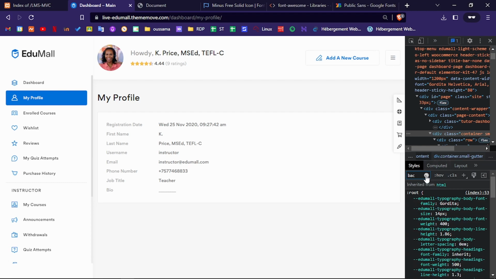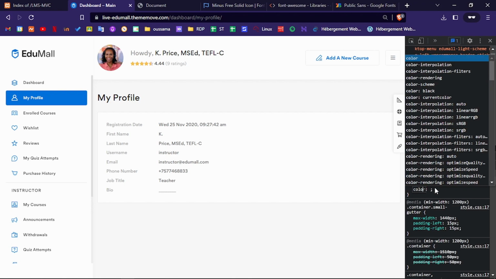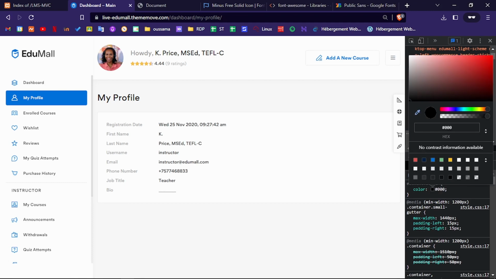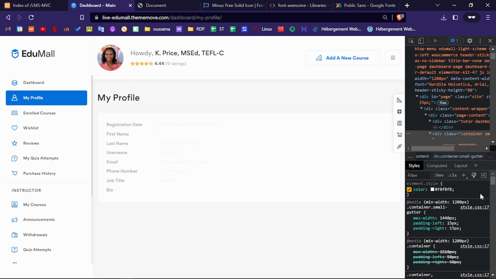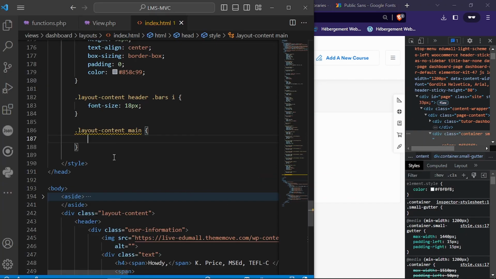Okay, if you don't know how to get the color, or you find it harder, you can just make any color here, and you can select the color and get the current color, the color that we are using here, and that's all. Now you can do it like this. Now I will go to here. I will make the background color equal to this,